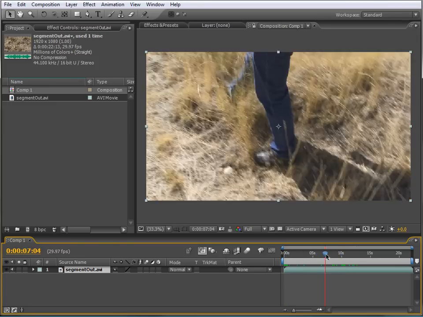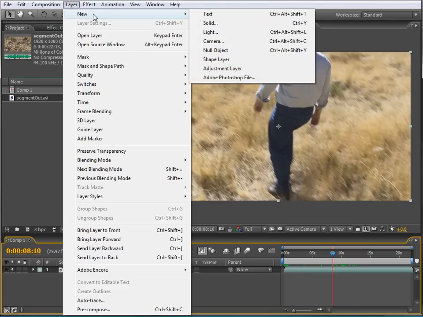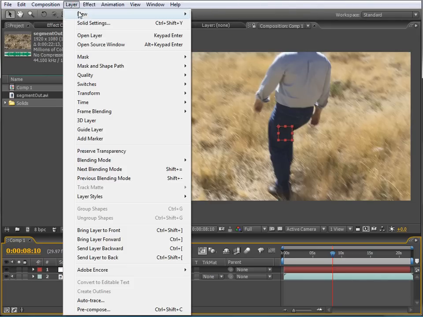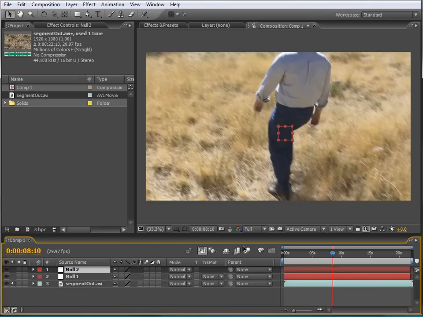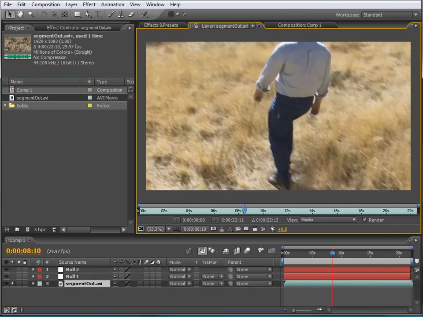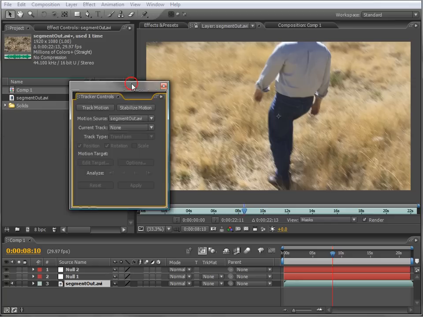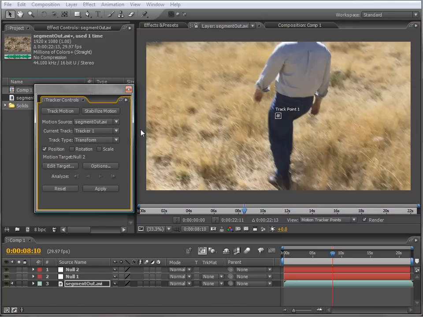Okay, let's do this. Let's move back to this point. Let's create a couple of null objects. Okay, new null objects. Now we click on our segment and enable it. We'll bring up our tracker controls. Let's click track motion, which creates one point for us. Because our camera is rotating, we actually need two points to create